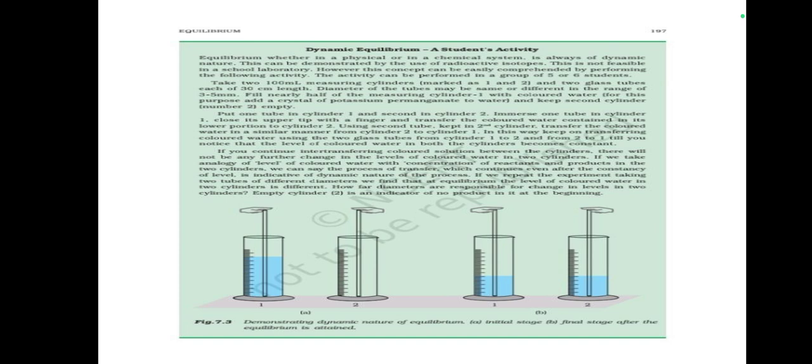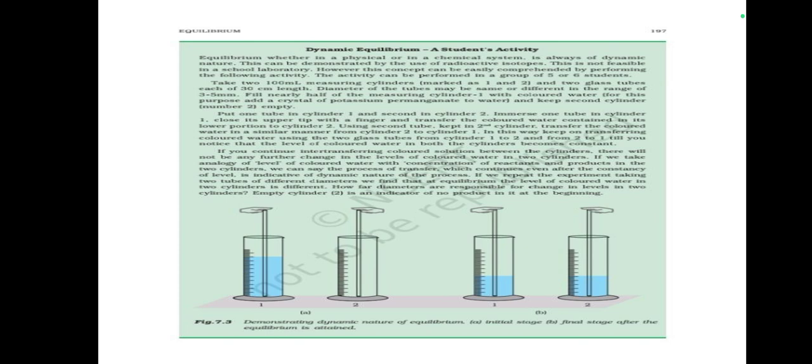till you notice that the level of colored water in both the cylinders becomes constant. If you continue transferring the colored solution between the cylinders, there will not be any further change in the levels of colored water in the two cylinders. If we take an analogy of the level of colored water with the concentration of reactants and products in the two cylinders, we can say the process of transfer